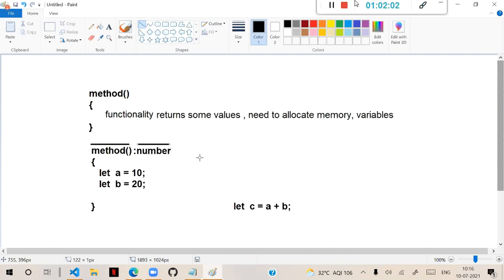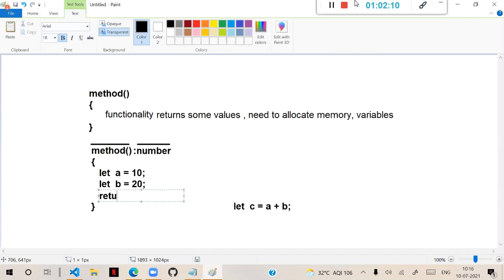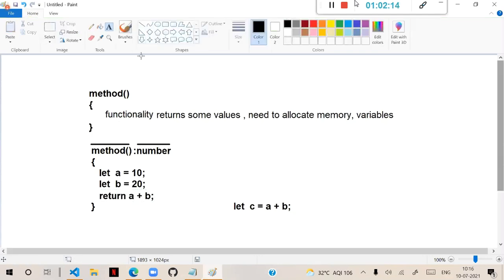It doesn't require any additional memory. Then what you do here, you write return A plus B, then the result of A plus B will be stored inside this method name, method reference name. Understood? That means now method is used as